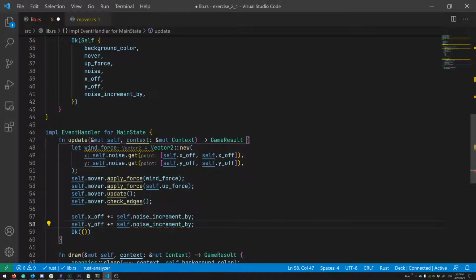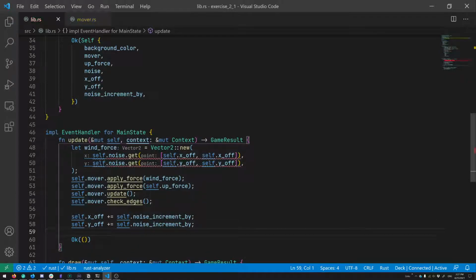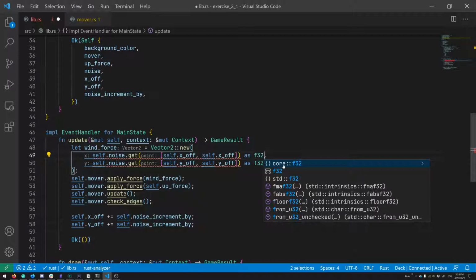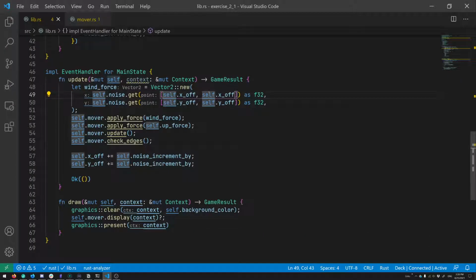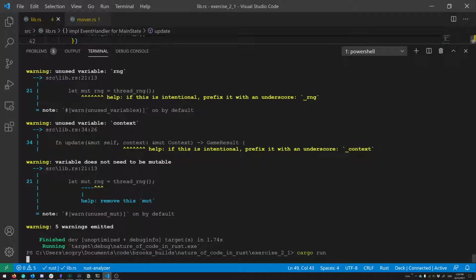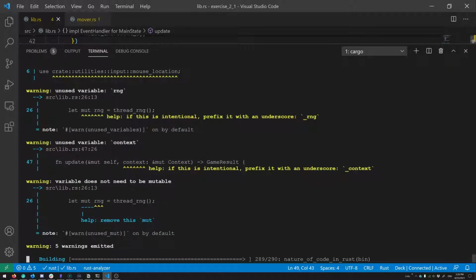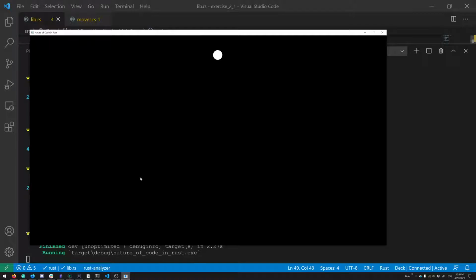And oh, each of these needs to be converted into an F32. Okay, so that adds a wind force. Let's go ahead and see what this feels like. It's hard to tell whether or not it's going to be easy to see. Oh, there it goes. It's definitely moving left and right. And we can sort of see that accumulative wind power eventually just blowing it off